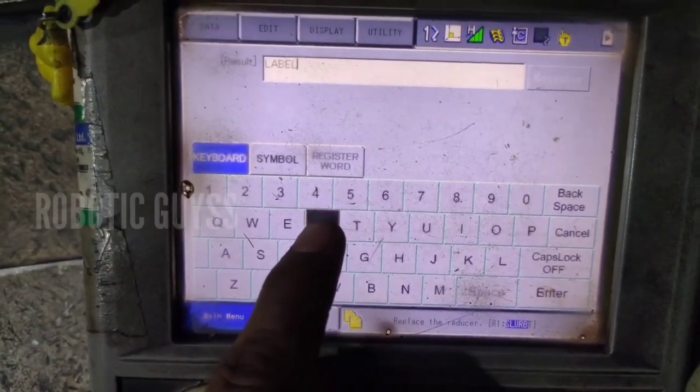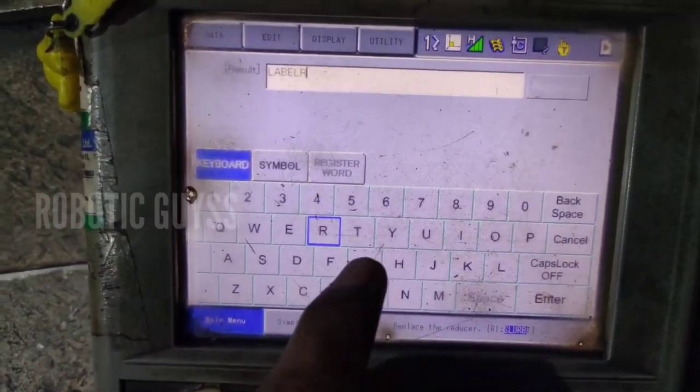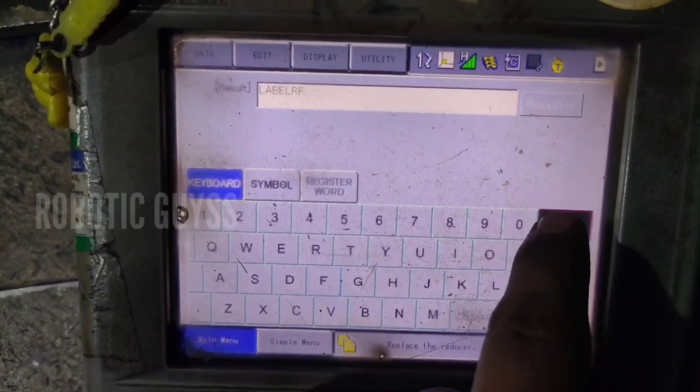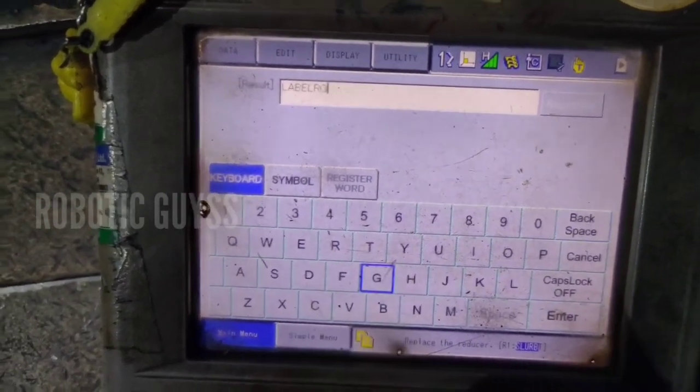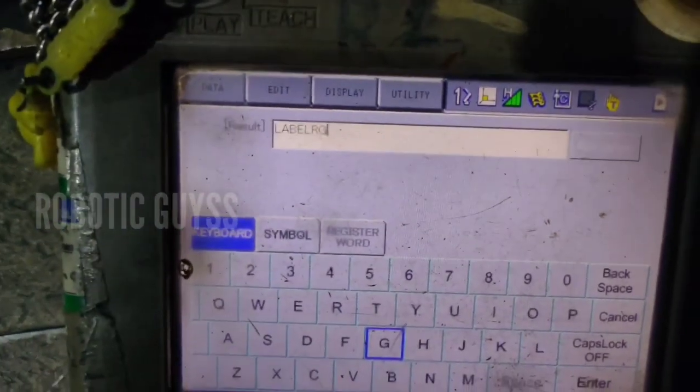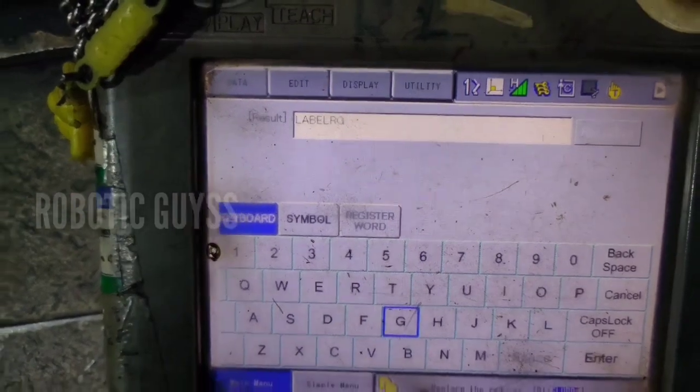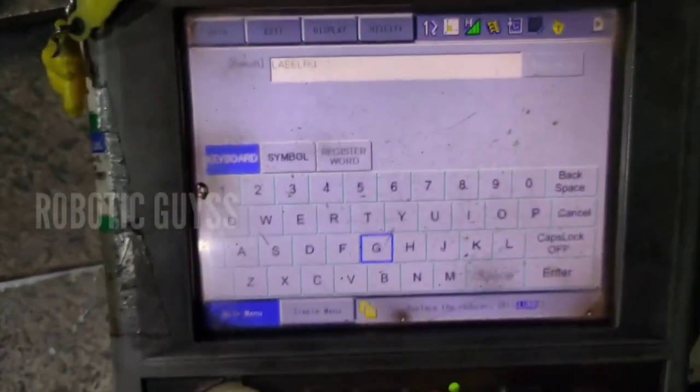I am pressing R G. Robotic guys, sorry. Label RG. Always remember that the same label is also entered in jump,